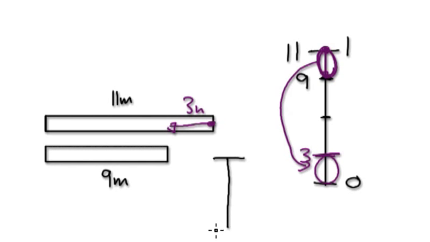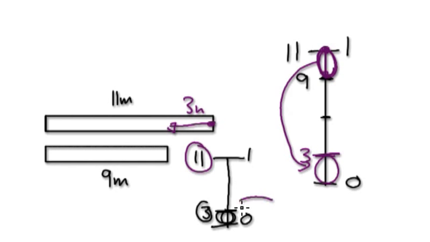So your diagram should look like this: 0, 1, and then 11 over here. Now this 3 here, how does that compare to the original? So you see, this is your original here. Basically you want to know this level here, because it has decreased by 3 meters. So you want to know this decimal here. So remember, it's always